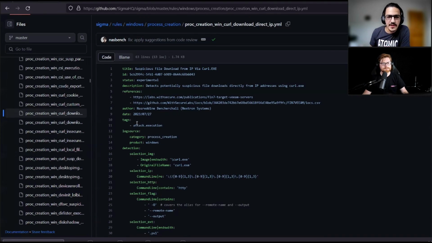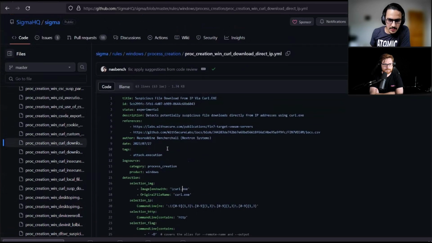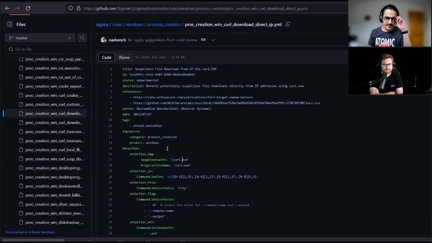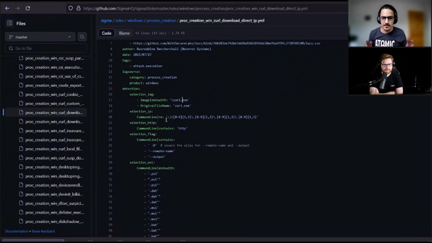For example, we know that threat actors love to use LOLBins, and one of the cool LOLBins is curl. One cool trick that threat actors sometimes love to do is download suspicious files or scripts from direct IPs. So you might want to say, hey, I want to detect curl, but where the actual command line that curl is using is a direct IP and not a domain.